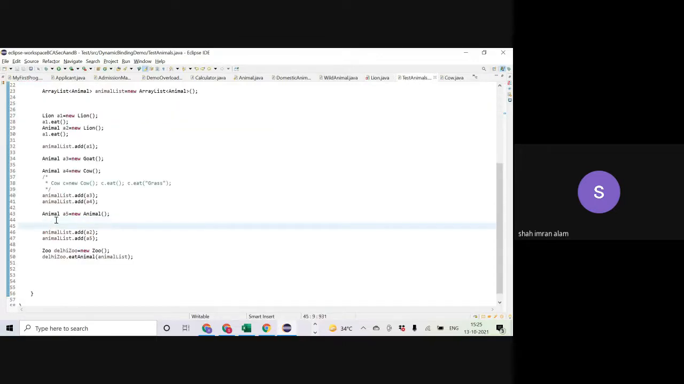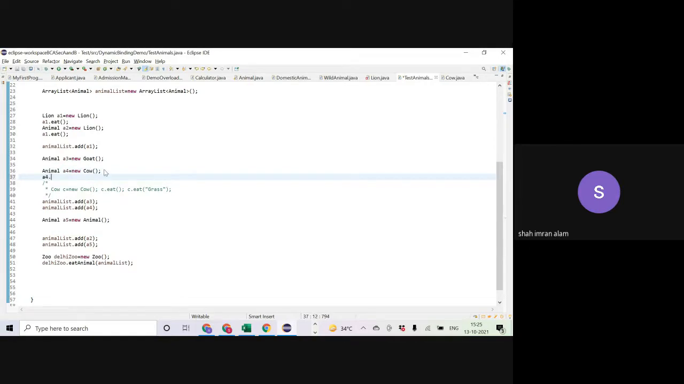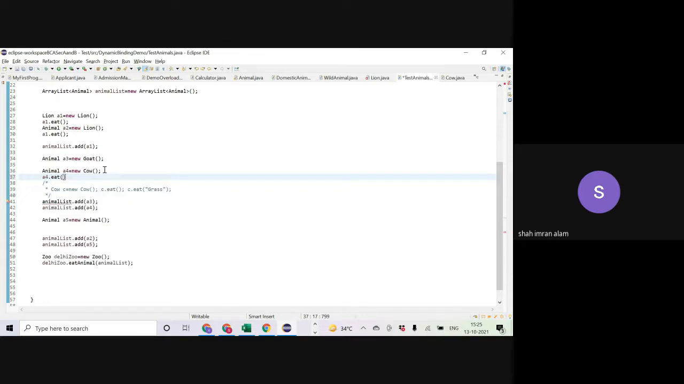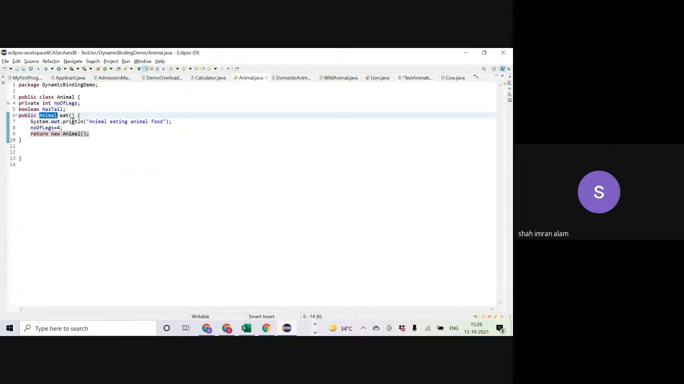So you said Animal A5 is equal to, and Animal A4 is equal to new Cow. So A4.eat, if you are calling eat, it's returning anything, and then you can store that anything into an Animal reference variable. This makes sense because this A for eat is the first method, the eat that you have defined is in the